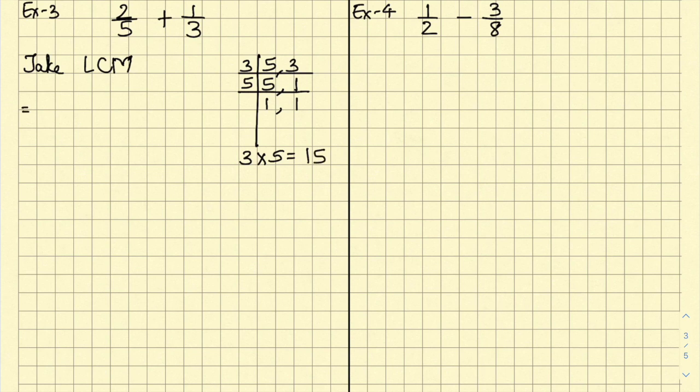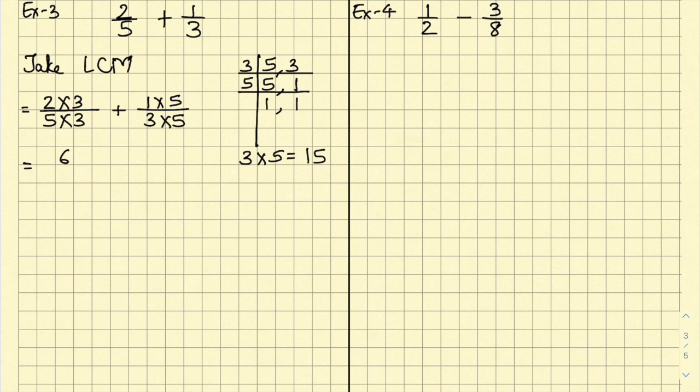So now what you need to do is write 2 over 5 as it is, plus 1 over 3 also as it is. 5 multiplied by what gives you 15? Yes, 3. So 2 also you multiply by 3, because they both are siblings. 3 multiplied by 5 gives you 15. Similarly, 1 also is multiplied by 5.